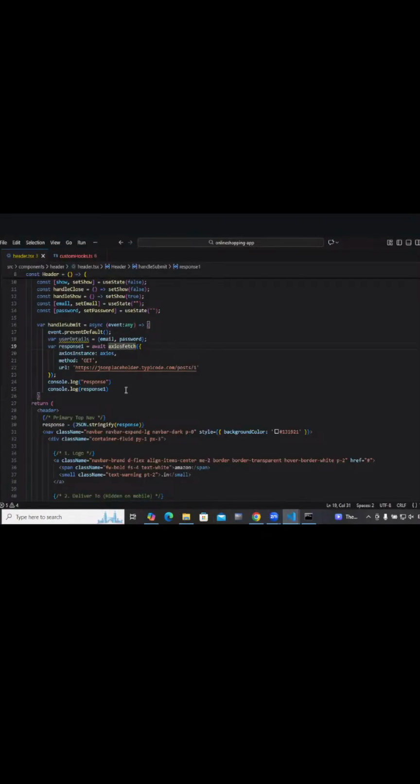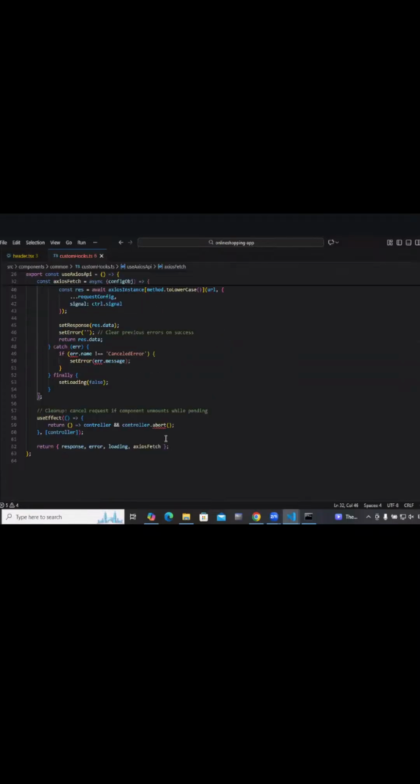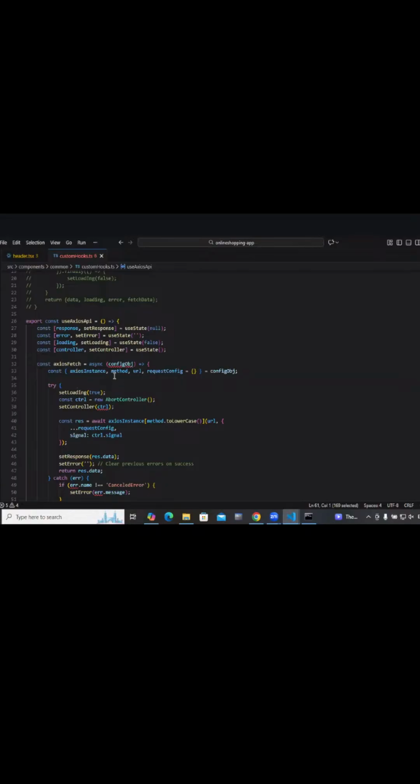Okay, so what we have done is this guy config object. One thing is this thing is not needed. We're not doing any controller. So this guy, right, what will be used is whenever the API call is taking some n number of time, and in between, if the component is getting unmounted, in that case, it will be aborting that call.